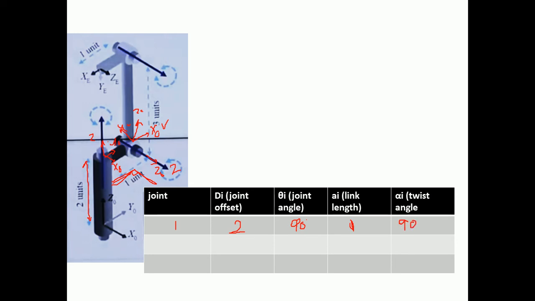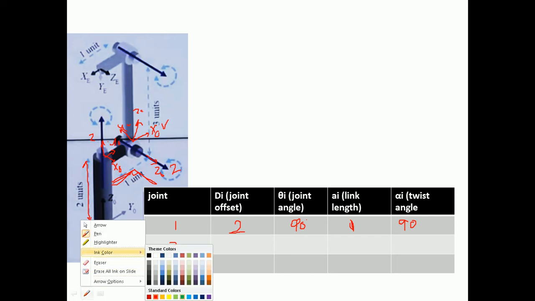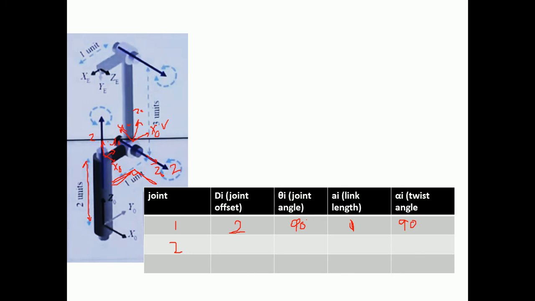Similarly, when we find the DH parameters for joint 2, the first thing is that this is the common normal line. I am going to change the color so it may segregate each and everything. Between these two lines, this is the z axis, this is the z axis, and the common normal is this. Before the common normal, we have to find the joint offset and joint angle. In this case, this is the common normal, so there is no offset right now. So for joint 2, the joint offset value is 0.